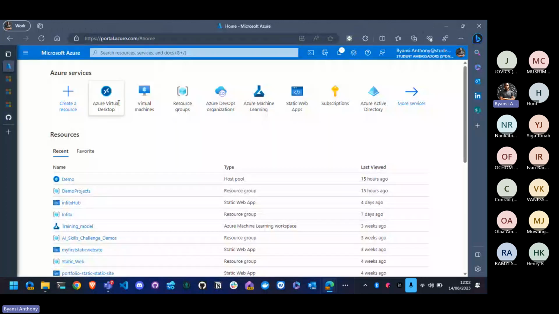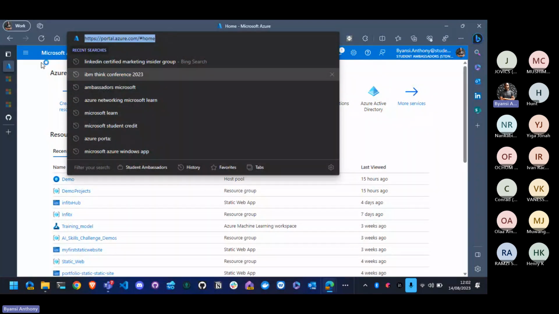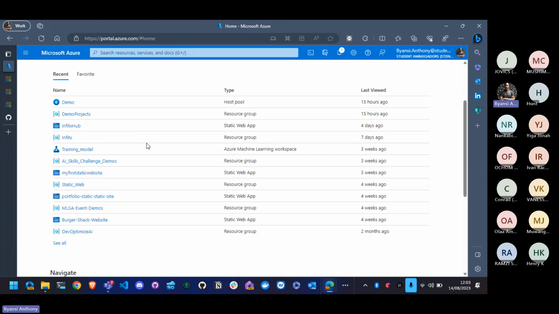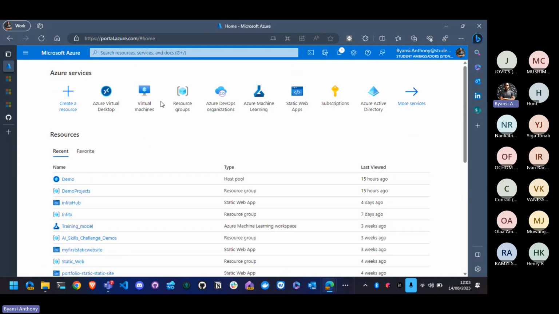So essentially, when it comes to Azure, I'll be sharing the links to where you can access these. But essentially, when it comes to Microsoft Azure, first things first would be to set up a subscription. By a subscription, I mean